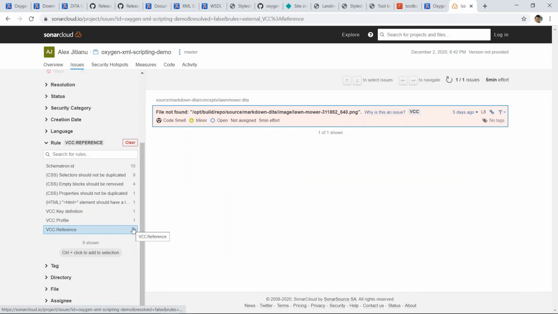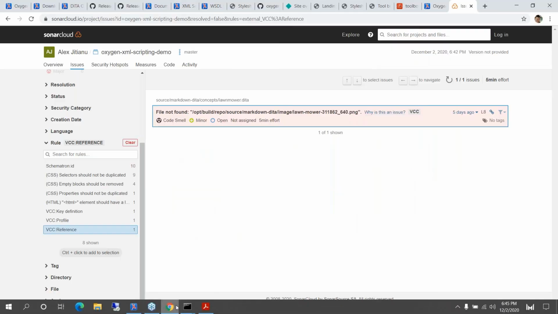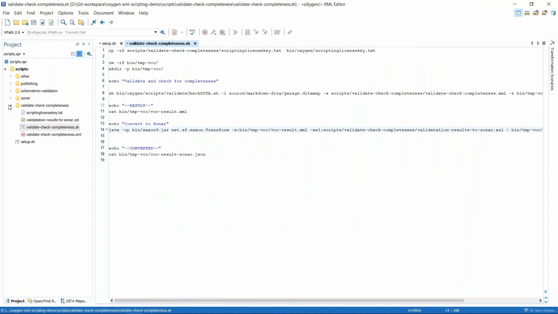But so I've used Sonar for presenting these validation errors, but you are free to use any other platform or tool, or maybe you just want to present them in an HTML page, and maybe send some emails to people to let them know that these errors have appeared. So this was the validate and check for completeness. The Sonar part,